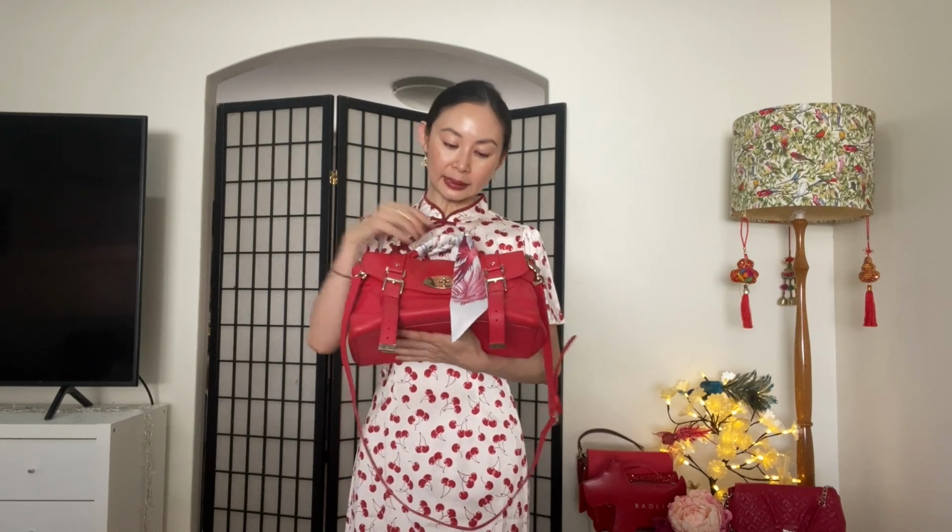Actually, one of my dream bags is a very casual bag. It's the Mulberry Alexa satchel in regular size, and this bag is 12 to 15 years old. Back then, they also made an oversized satchel, which is maybe bigger than this one. And now, if you look on the Mulberry website, they have a mini Alexa, which is a lot